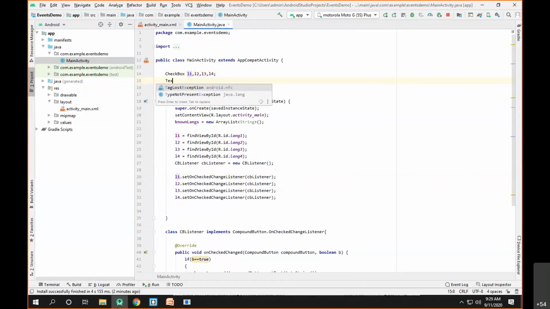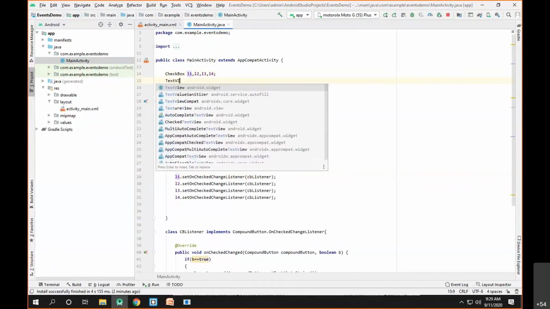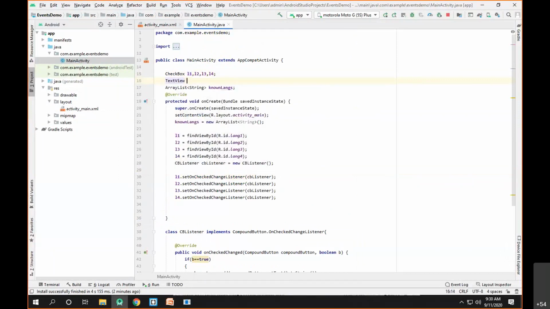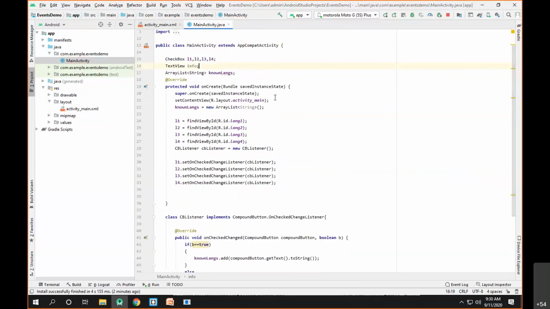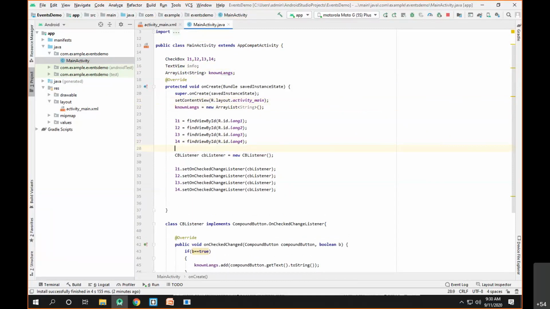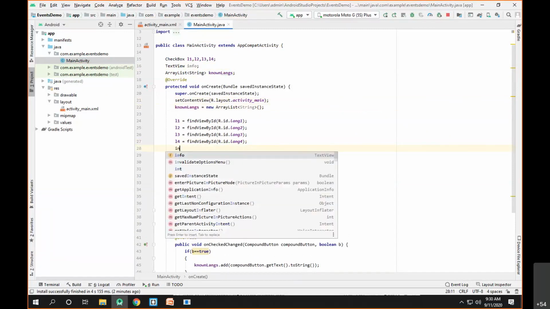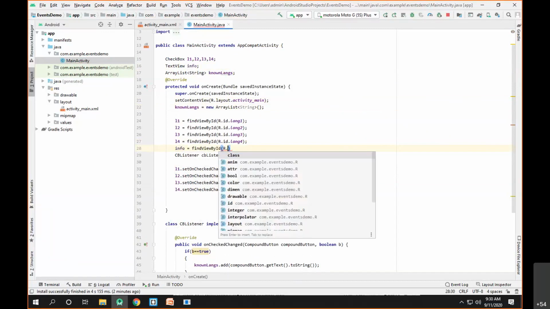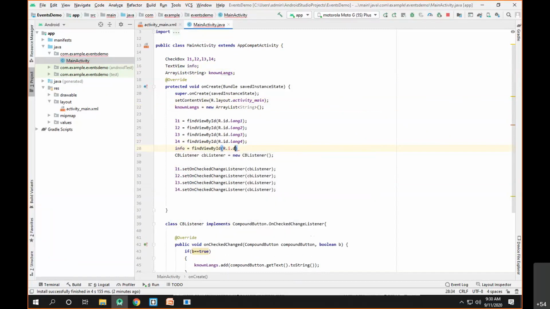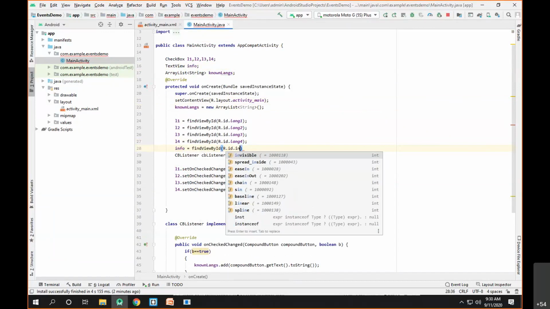So let's say TextView info, and we'll map it by using the findViewById method: info equals findViewById(R.id.info).